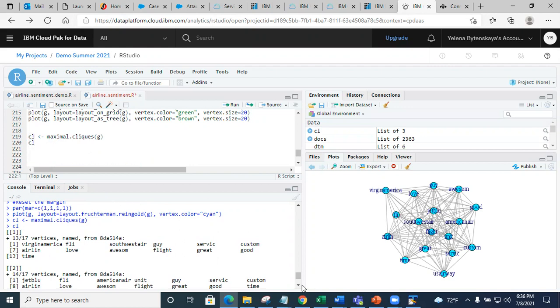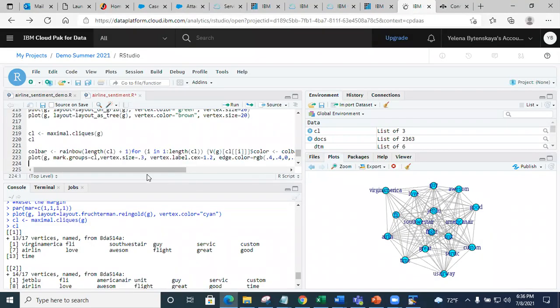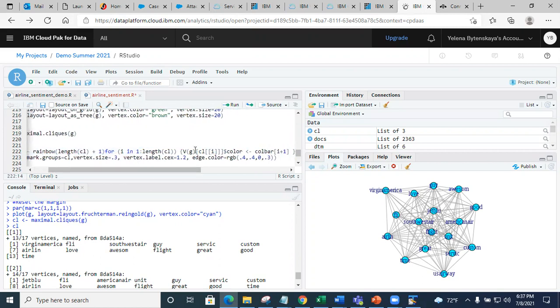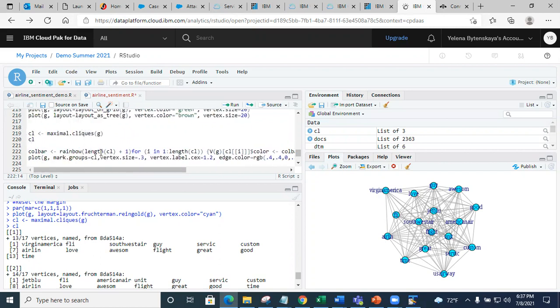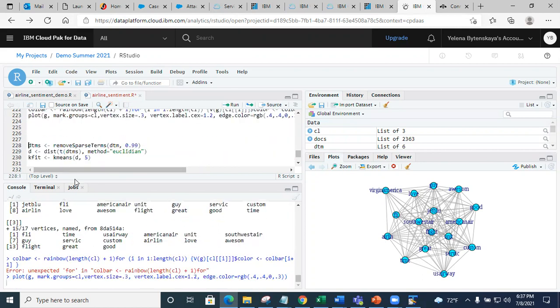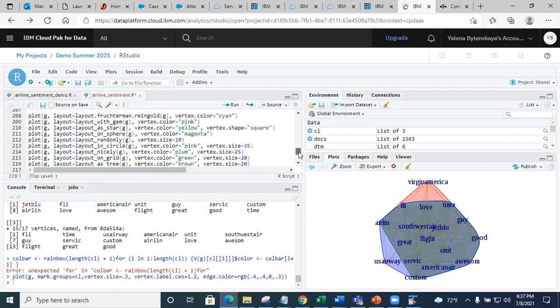And now what it's doing here is a visualization. So take this code here. This is just defining the vertex color. It's going to loop through all of the elements and set the colors. And then I'm going to do this, and what I said is that I want to mark